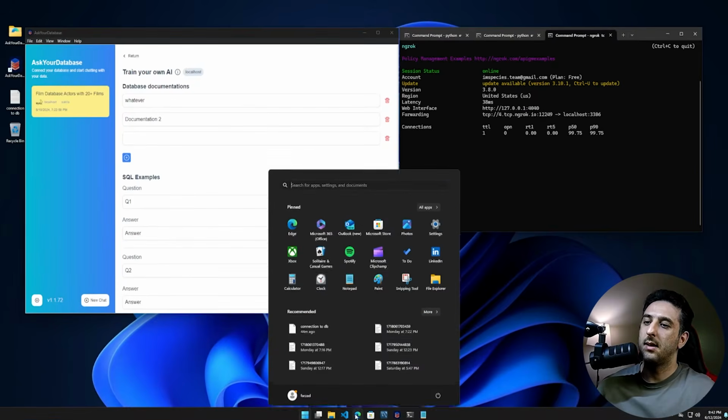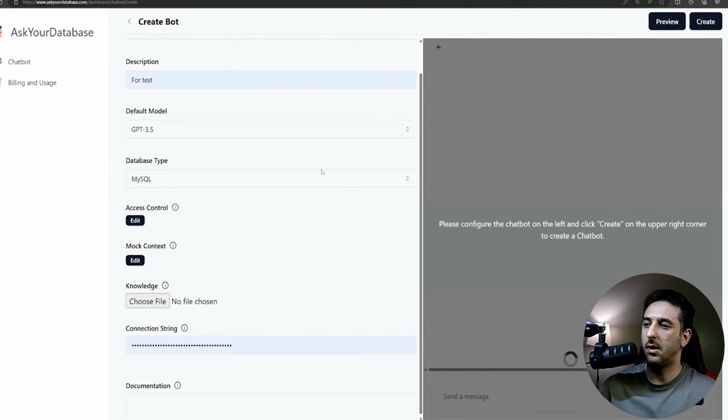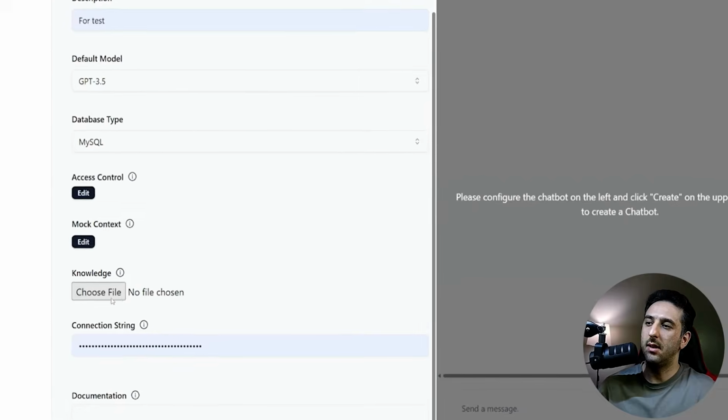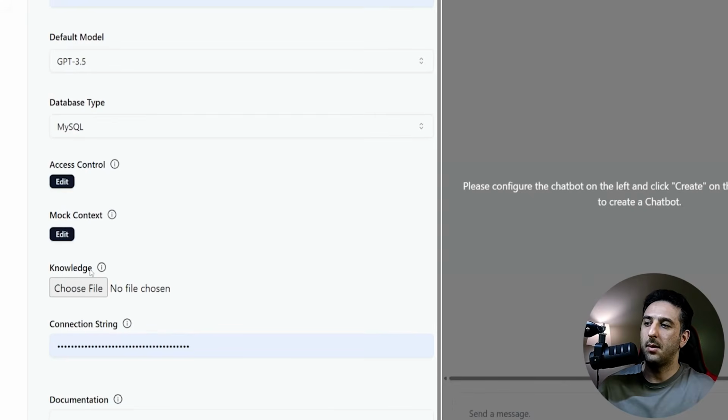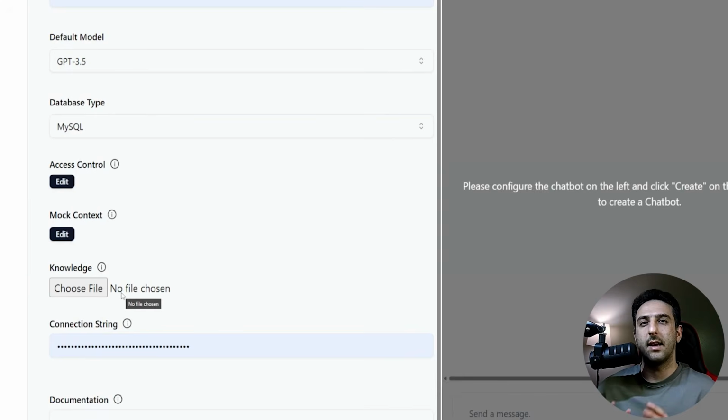On the chatbot side, in case I need to create one to show you here, you will see there is a part that says knowledge, and here you can start adding information about your database. If I hover right here, I will see it says it is going to use those documents as the knowledge base for the AI. Since the Sakila database is not a challenging database in that regard, I'm not going to add